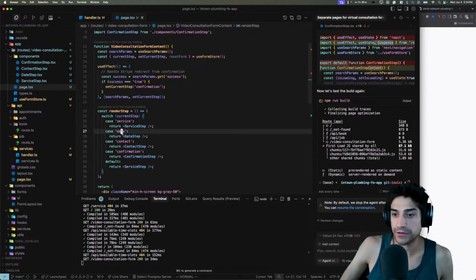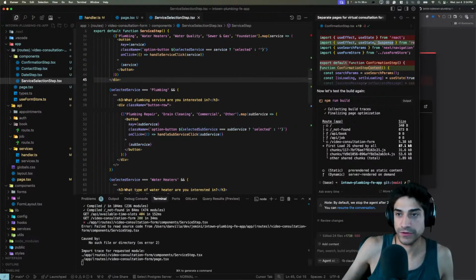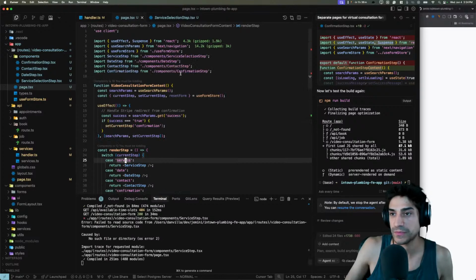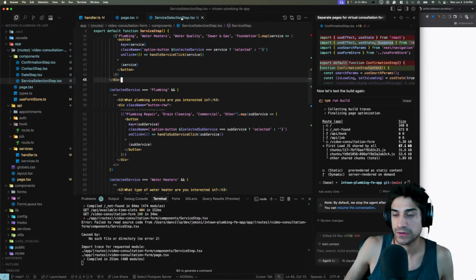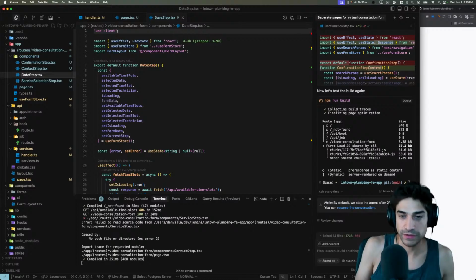That is going to route to the date step. So service really should be service selection. And I almost want to say 1, 2, 3 in the file names, but I won't. So service selection step, and then we go to date selection, or